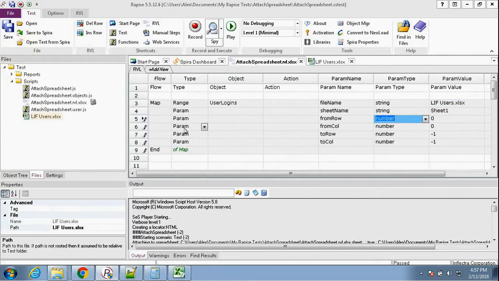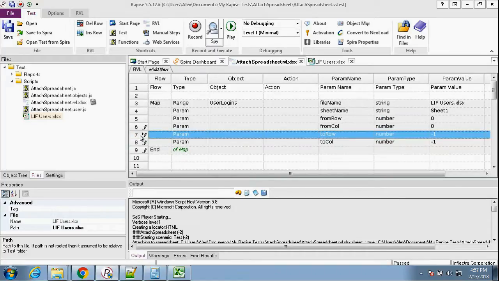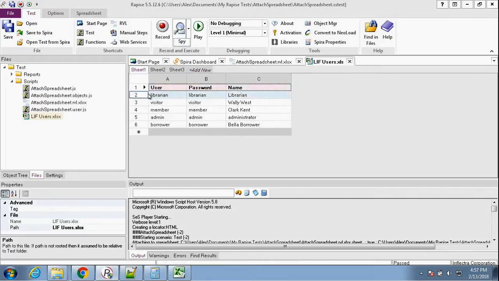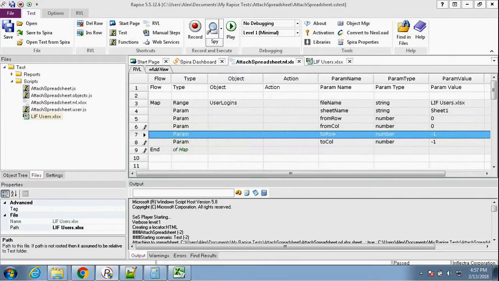Here it is. Now additional params are from row and from column. 0, 0 is the left upper corner, that's fine. And the right bottom row and column are set to -1 each. This means read everything, read all rows available in the spreadsheet. So this is the most common scenario, unless you want to select some part of the spreadsheet. In this mode, the first row will be assumed to contain column names, and I could use them to refer